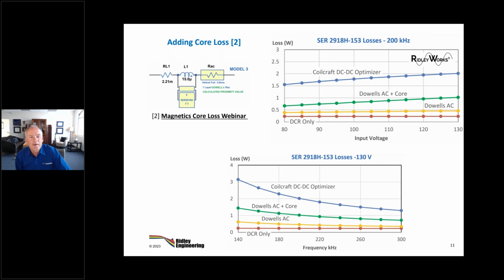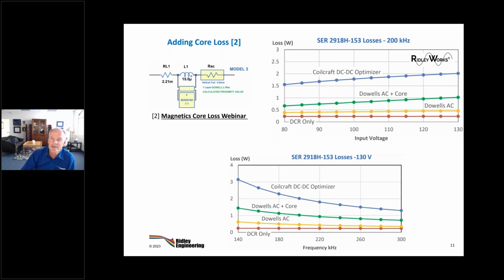Now we know that our core loss model is pretty good because we've been using it for 6-7 years now, and it's a very close result compared to the core loss charts, and it gives better results than just doing a delta B because it takes into account how fast you're slewing the core. So that's all in there. So the core losses go up with the voltage that you apply, even though the delta B stays the same. So we're quite comfortable about the core loss results.